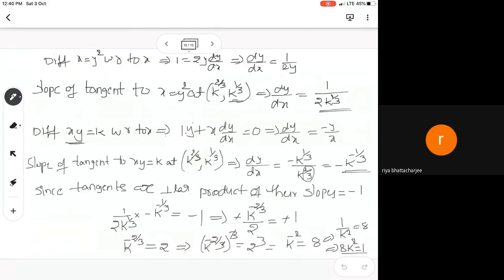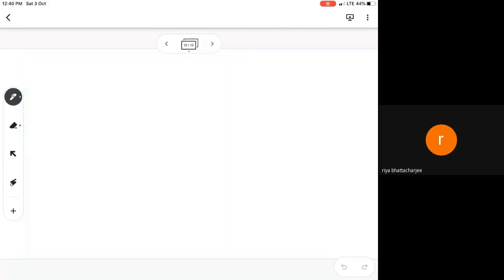24th one, that also you may feel a little bit different. Find the equation. The different thing is that the point is not directly given. Find the equation of the tangent and normal to the hyperbola given to you. You can do it. It's not very difficult. 24th one, I'm going to explain to you.